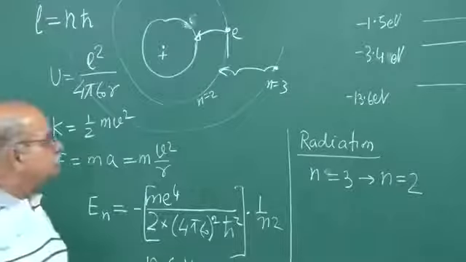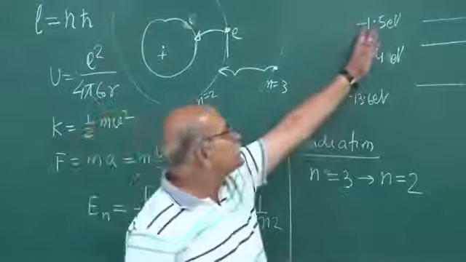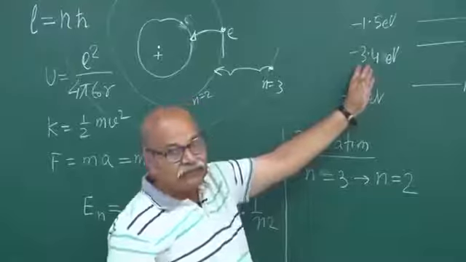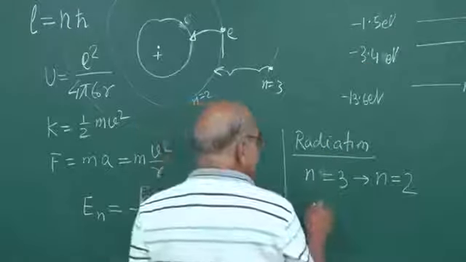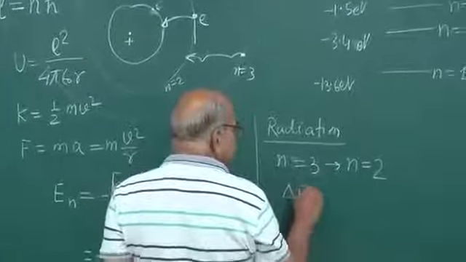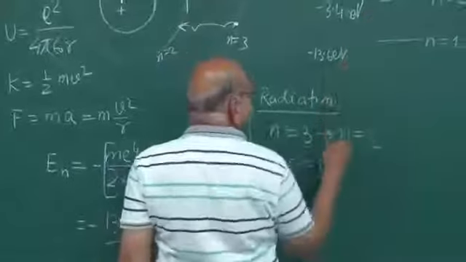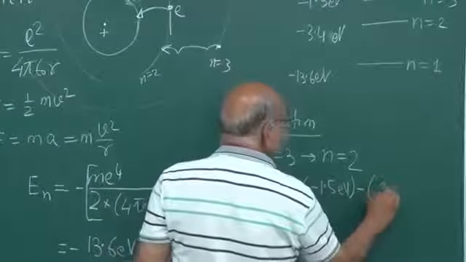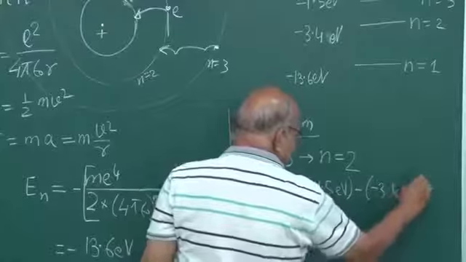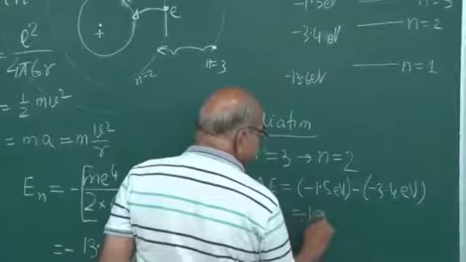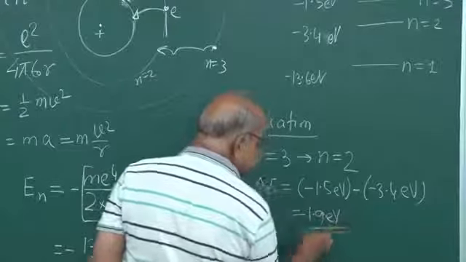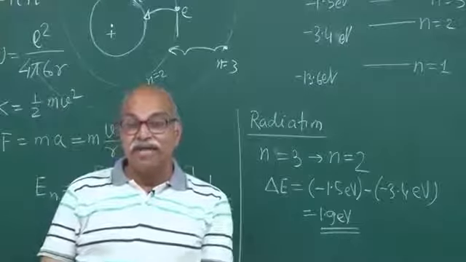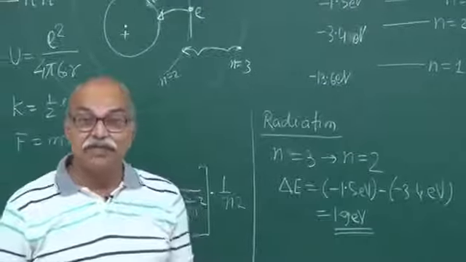So the energy is reduced from minus 1.5 eV to minus 3.4 eV. It was in n equal to 3, so minus 1.5 eV, and now it has gone to minus 3.4 eV, and therefore the difference is 1.9 eV. This much energy is to be released in the form of radiation, and then we have another wonderful quantum idea